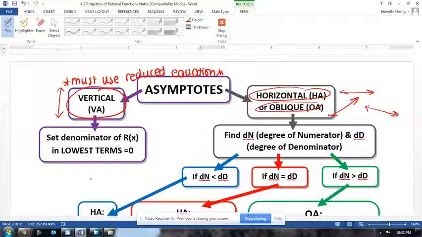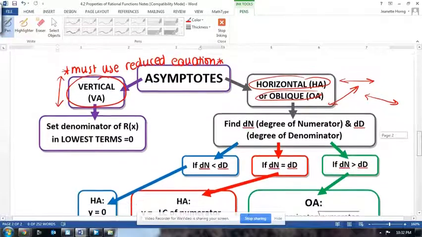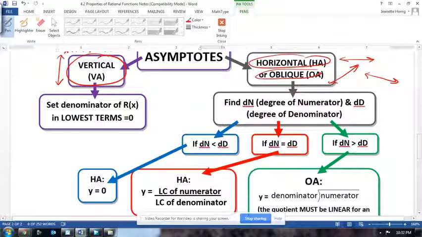For the other ones, horizontal and oblique asymptotes, this is going to be a little bit more complicated, but we'll do some examples of it. It says find the degree of your numerator and then also find the degree of your denominator. You'll have three different choices about those degrees. Either your degrees are going to be different, where the degree of your numerator is smaller than the degree of